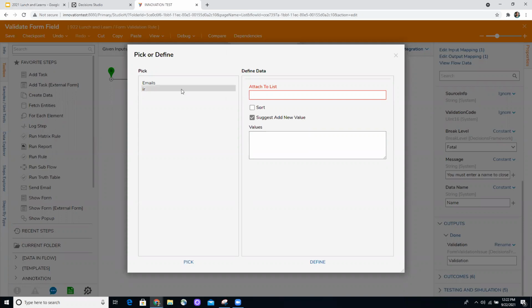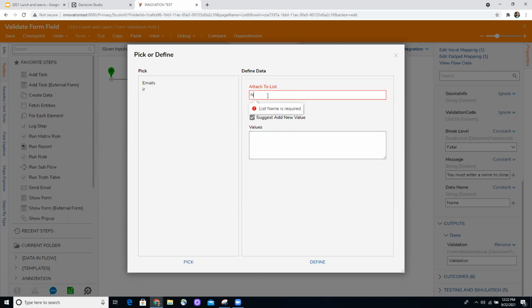My assumption here, and let's not assume, but I want to tell you what my initial thoughts were, and we're going to test it and see if this is true. So I'm thinking that I can enter a value in here to have it saved to a list that I can predefine as constant, so I don't have to key this in every time. So let's say I'm going to close this, add name, so it's add attach a list. And I think this is the list that other people have selected to add things to.